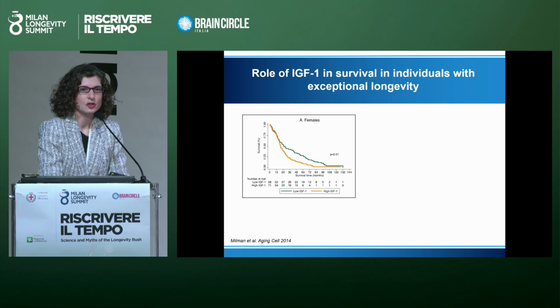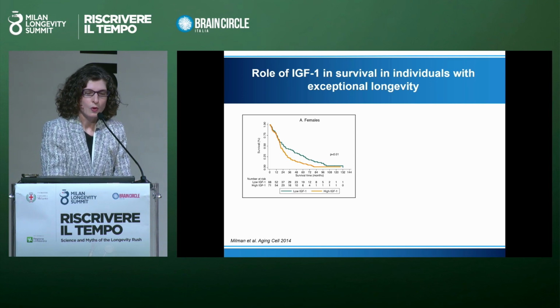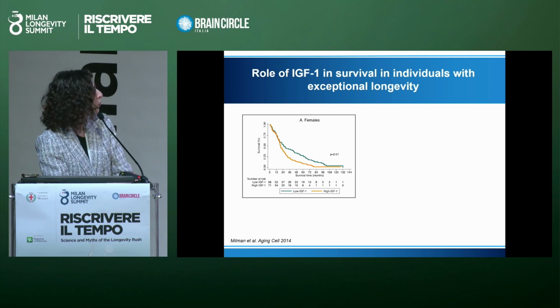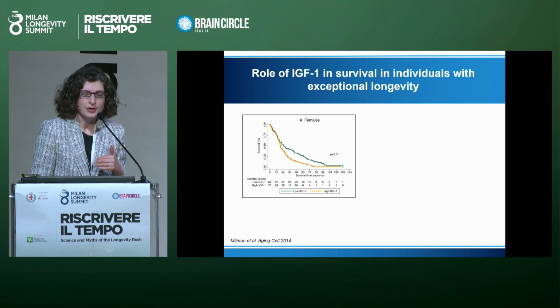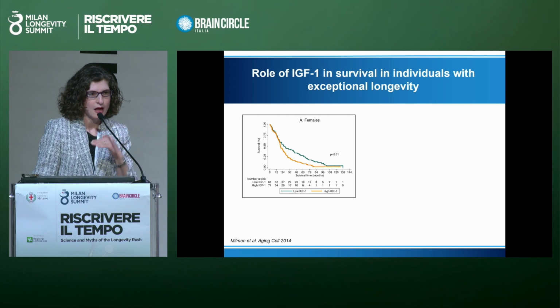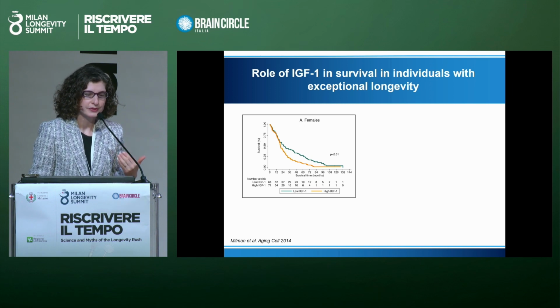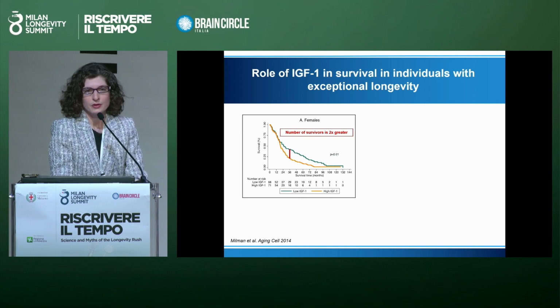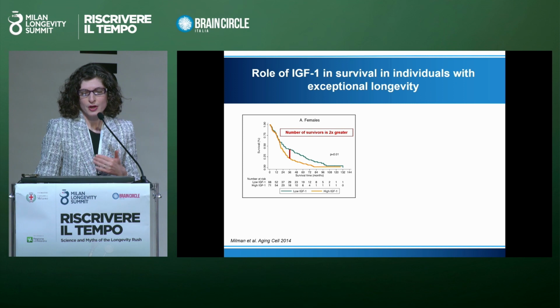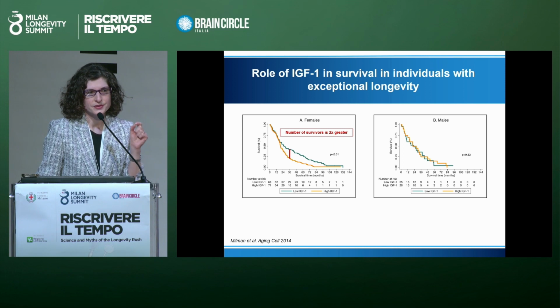And so we have decided to look in our cohort of centenarians. What are their levels and what does it predict? So here we're looking at survival in people who are age 90 and older, and this is women only. And the green line represents those who have low growth hormone levels, and the orange are those with high. The x-axis is how long they live after we measured their level, and the y-axis is how many of them are still living. And what we find is that after 3 years of follow-up, those who had low levels of growth hormone actually were twice as likely to still be alive. We didn't see that in men, but we had a very small number.